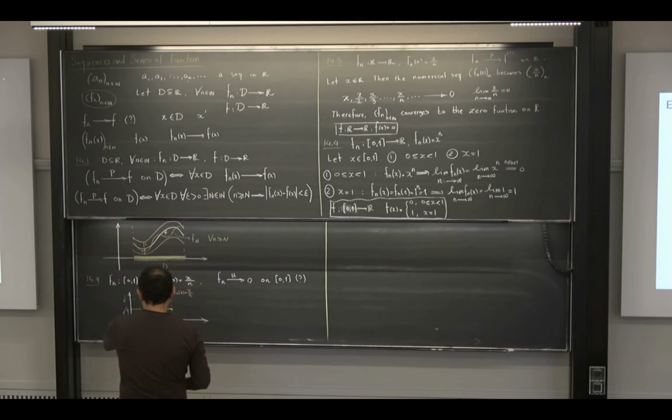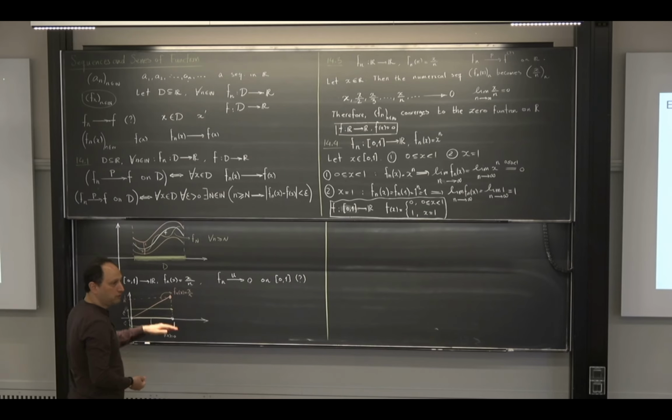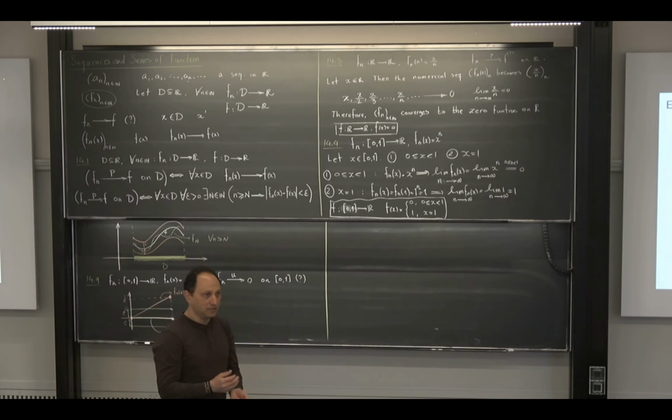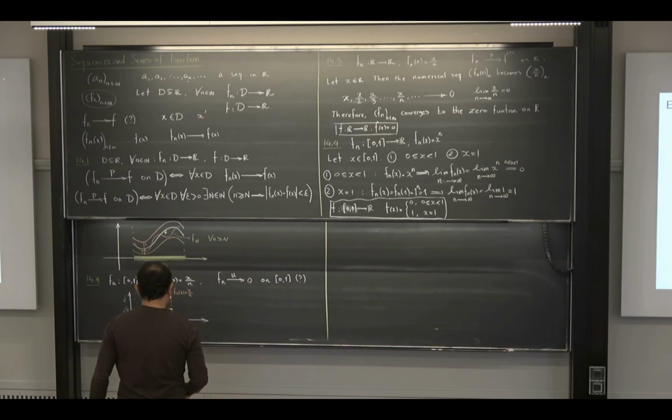Okay, so it means that if I choose an epsilon, might be some of them are sticking out from the band, but if one of them lies completely in the band for some particular value of n, then for any larger n, all the graphs will lie in the band. So it's already an indication that this is uniform convergence. But if you want to prove it rigorously, how do you prove it?